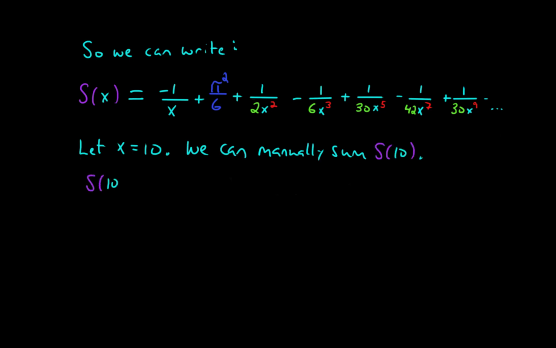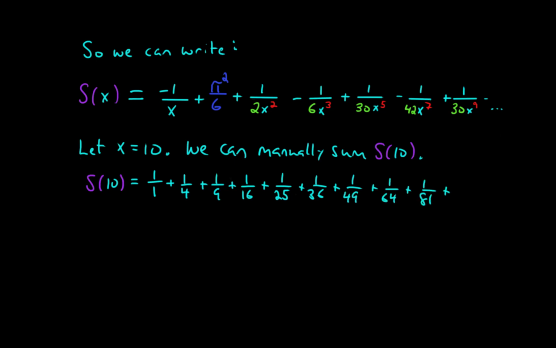S of 10 would equal 1 over 1 squared plus 1 over 4 plus 1 over 9 plus 1 over 16 plus 1 over 25 plus 1 over 36 plus 1 over 49 plus 1 over 64 plus 1 over 81 plus 1 over 100. Now, I do like to show you guys all my steps, but you can just take a calculator and do this on your own. That equals